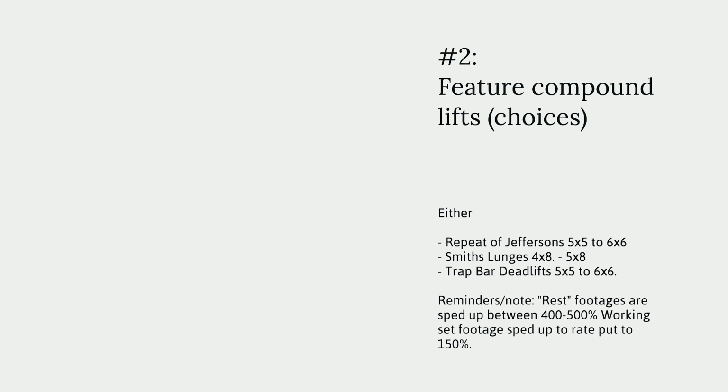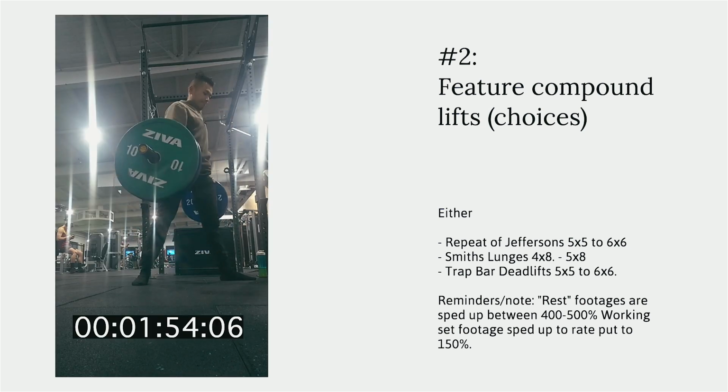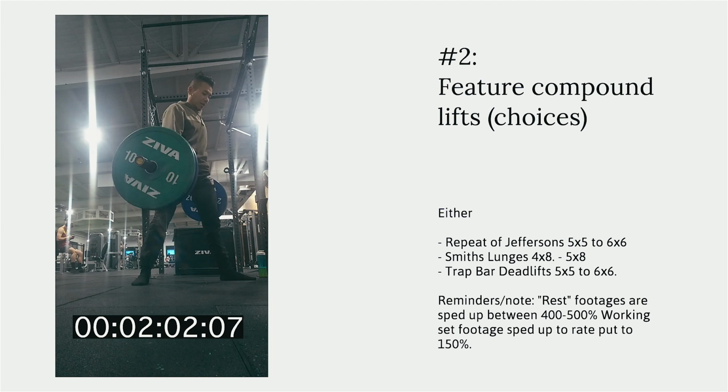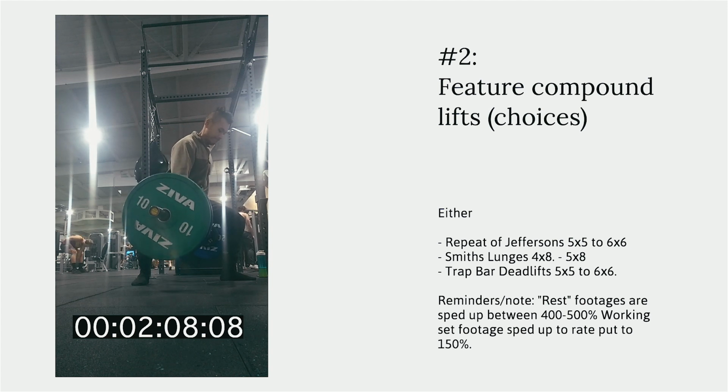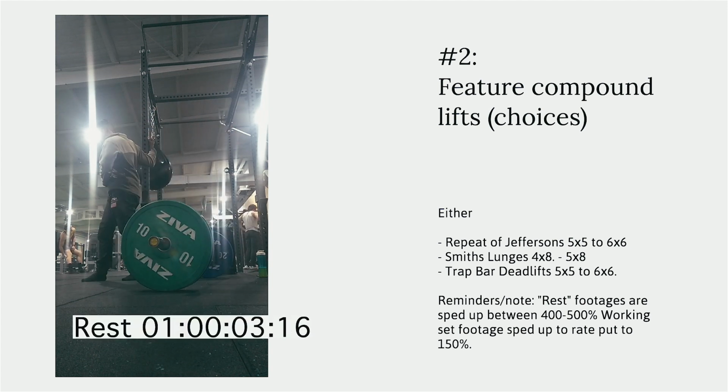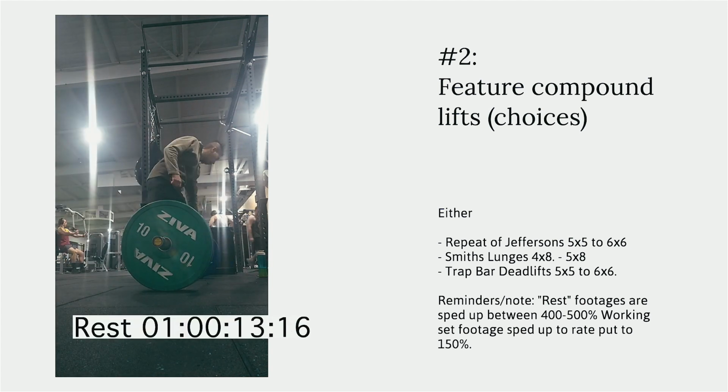So the first compound exercise will be a choice of the following 3 options. The first of which is that we can do another Jefferson deadlift attempt, but once again, depending on the connective tissue readiness, in which unfortunately Friday is when it is at its most compromised and exhausted state, we may have to deload that to anywhere between 27.5 kilograms to no more than 30 kilograms at most,